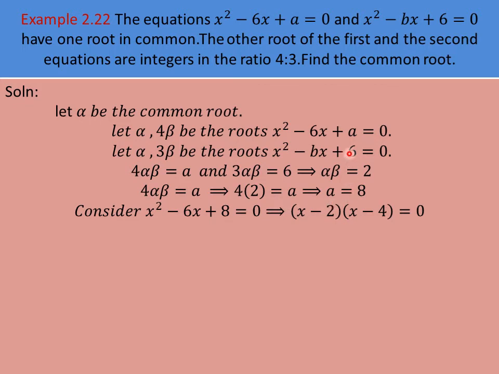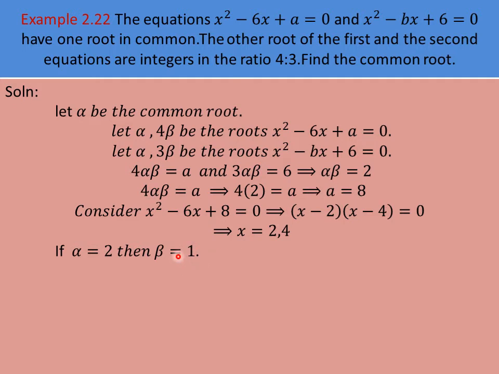Now you can replace this a value in the first equation. And you can factorize it, (x minus 2) into (x minus 4) you will get. So x value is equal to 2 comma 4. So here we have two values for x, isn't it? x means roots. So first we are taking alpha as 2. Alpha is a root of this equation. So x you can replace with alpha. So if alpha is equal to 2, what do you get for beta? Okay, you can see here. When we replace alpha by 2, beta is equal to 1. 2 you can cancel on both sides. Beta is equal to 1 we have.